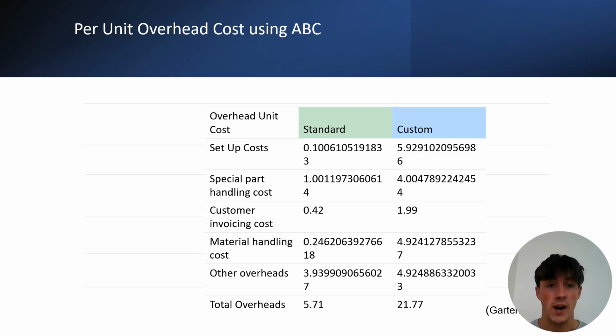This is an exact graph with unchanged numbers from the How to Calculate Overhead Cost Per Unit article. As you can see here, we have the overhead unit cost. Then we have setup costs, special part handling cost, customer invoicing cost, material handling cost, other overhead costs, other overheads, and the total overheads. And this is divided into standard and custom. To calculate per unit overhead costing using ABC,